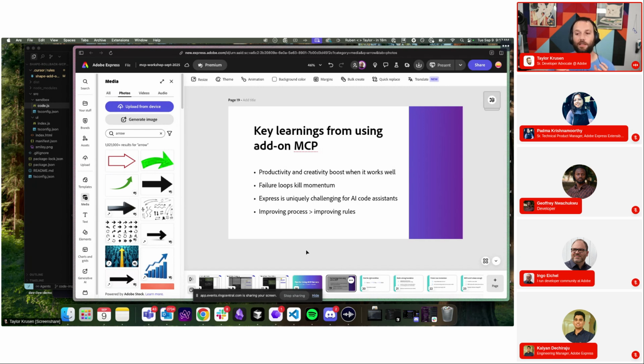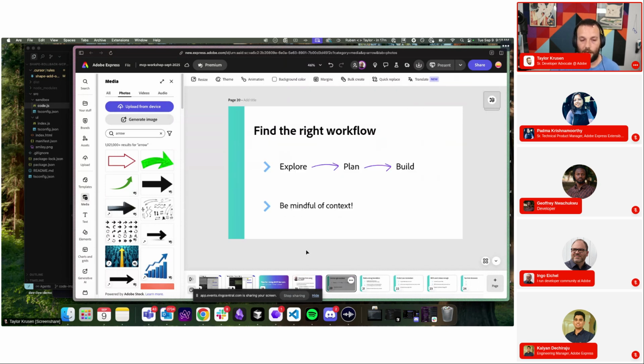Also, because that's also changing how models interpret rules, what's supported or not supported, how much room they have for rules. All of that is changing. And so it's better to invest in your process for working with these tools to be able to create things. So I think an important part of that is finding the right workflow that works for you. I really like the explore, plan, build approach,